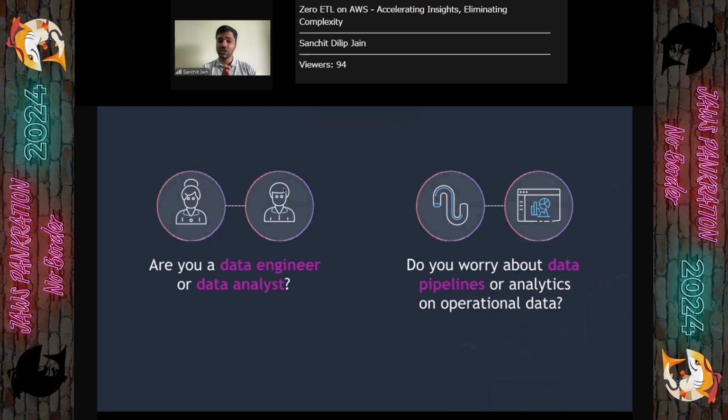If you are a data engineer or data analyst, and you're the one who's working on the data pipeline, analytics, or the operation, then this session is meant for you because that's where you'll get a lot of benefits to understand how to work on data, how to solve the problem, and fix the issues. In case you don't belong to either role, you can still be in this session. You can learn how exactly the life of a data engineer is and how they try to solve the problem.